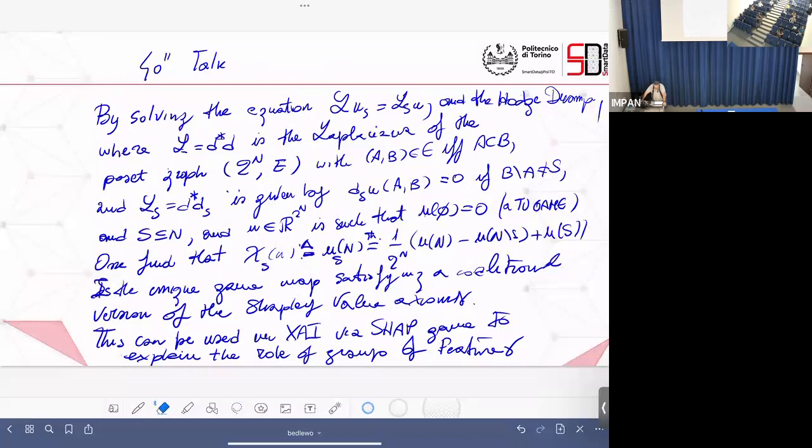We build an analogue of the Shapley value, again, whatever it is, which is defined over the vertices of this graph, whose vertices are subsets. And so in game theory terminology, coalitions. And we will see that this solution, this is quite unexpected, is the unique solution of this problem, is the unique, what is called game map, satisfying a kind of Shapley axiom for a coalitional version of Shapley. Shapley is something that I explain now, okay?